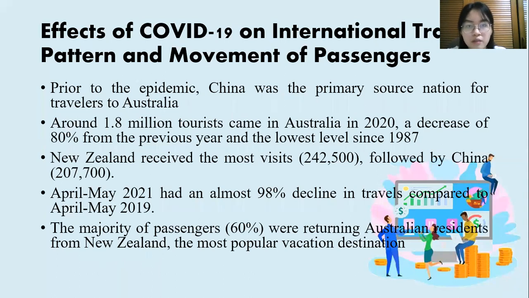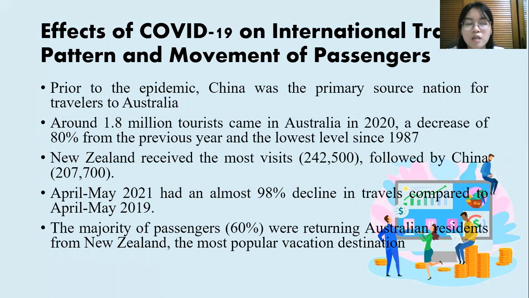Due to the travel limitations, the number of tourists to Australia has decreased significantly. Prior to the epidemic, China was the primary source nation for travelers to Australia. Around 1.8 million tourists came to Australia in 2020, a decrease of 80% from the previous year and the lowest level since 1987. New Zealand received the most visits,